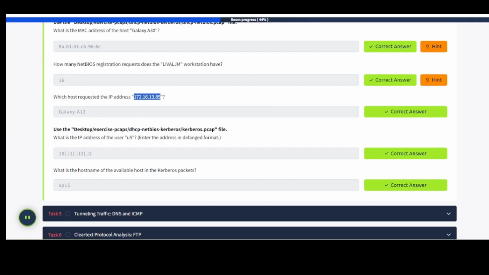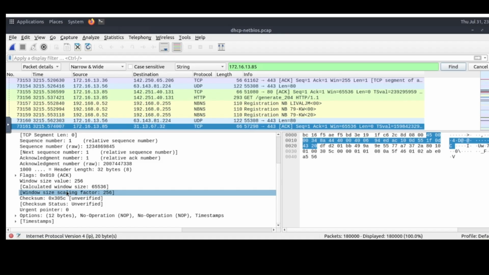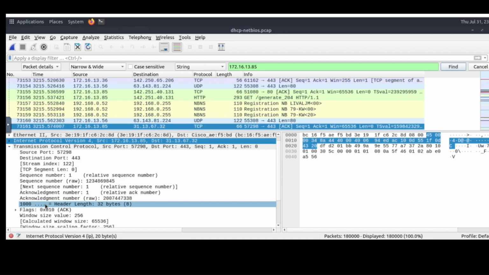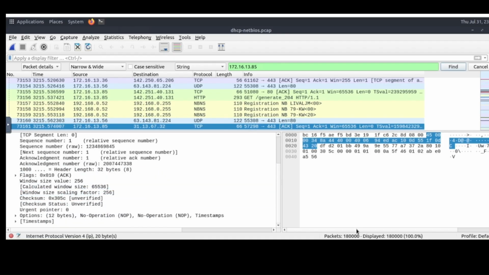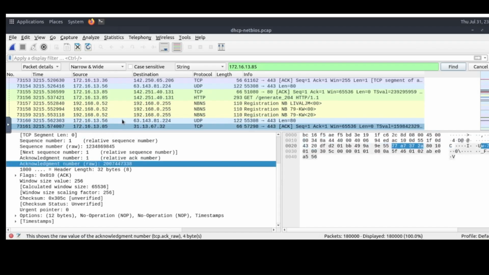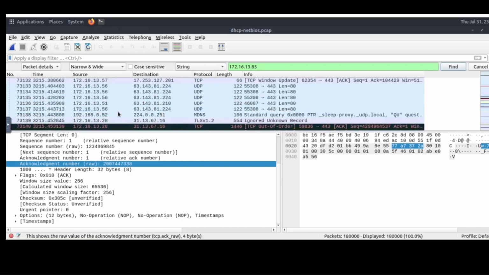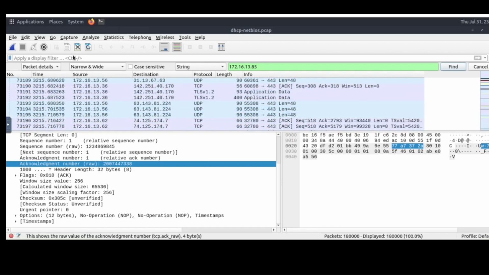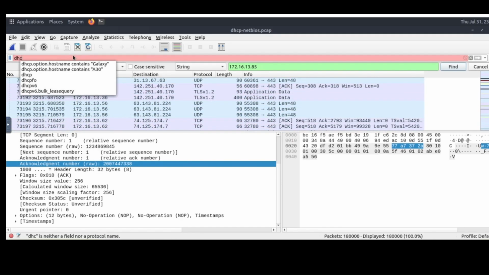So once you go through, you need to find which host. So you're looking for host name probably, right? Or something of that nature. But anyway, what I did was use this filter here, DHCP option requested IP address. So once again, using this DHCP.option and that requested, and then just plugging in the IP address for that. Now you can, like I said, go through and try to use this again. So let's actually try that DHCP